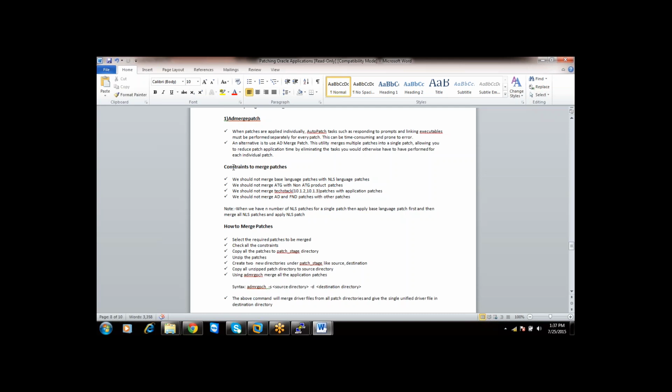We should not merge AD and FND patches with other patches. Are you getting the point or not? So we should not merge base language patches with NLS patches, ATG with non-ATG product patches, and tech stack patches with application patches, or AD patches, like that.